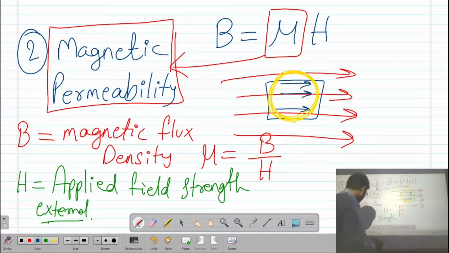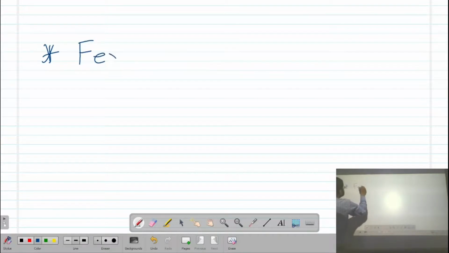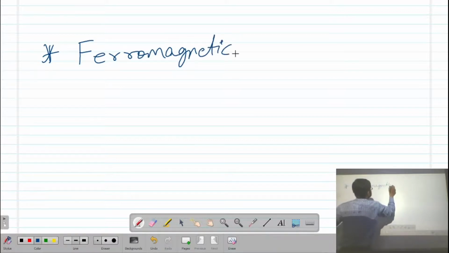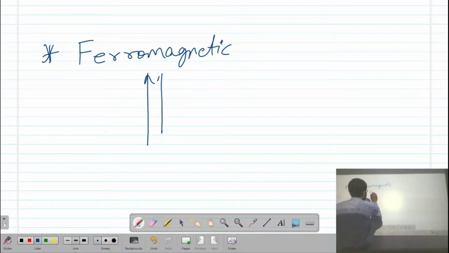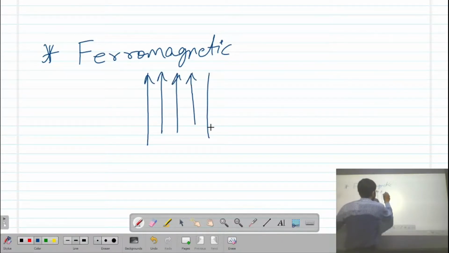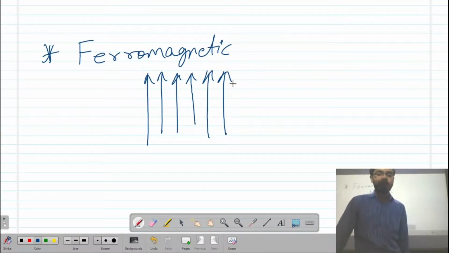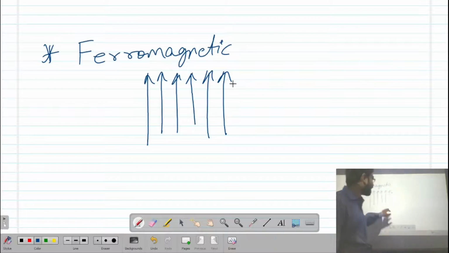What is ferromagnetism? In ferromagnetic materials, you will have the orientation of magnetic dipole moments in a particular direction.